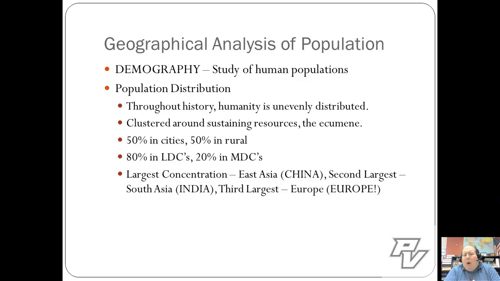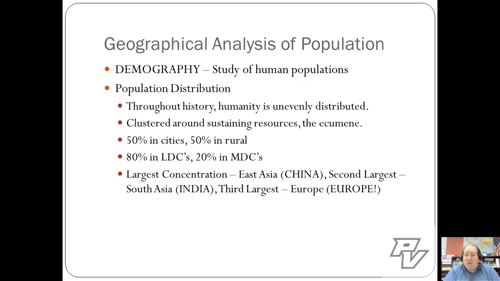Okay? Approximately right now, globally, we're looking at a population of around 50-50. 50% of the planet is living in cities or urban environments. We also somewhat count suburban environments in the cities when we make this calculation. Also 50% in rural areas. This just happened in the last few years, and the number's actually closer now to 51 or 52%. Of the breakdown between LDCs and MDCs, approximately 80% of the world's population lives in a lesser developed country, whereas 20% lives in a more developed country.